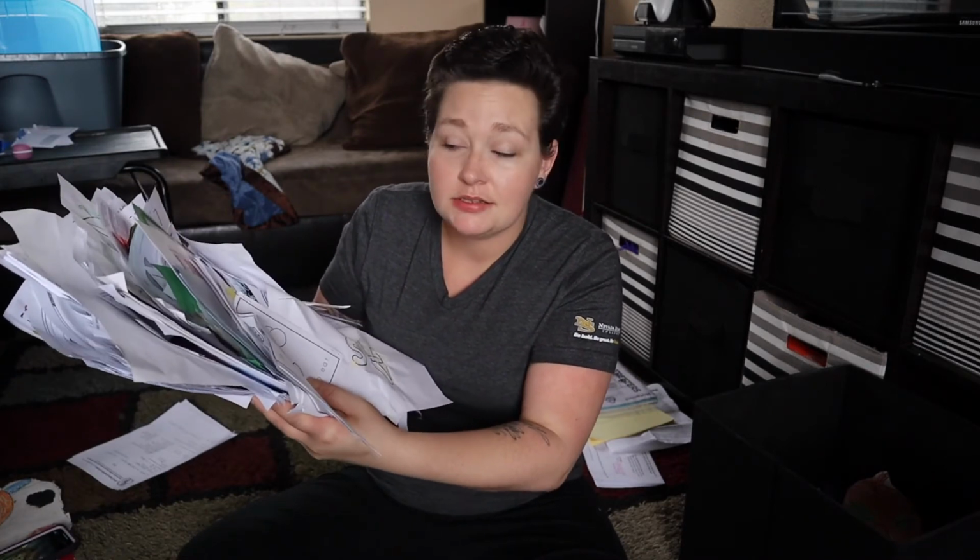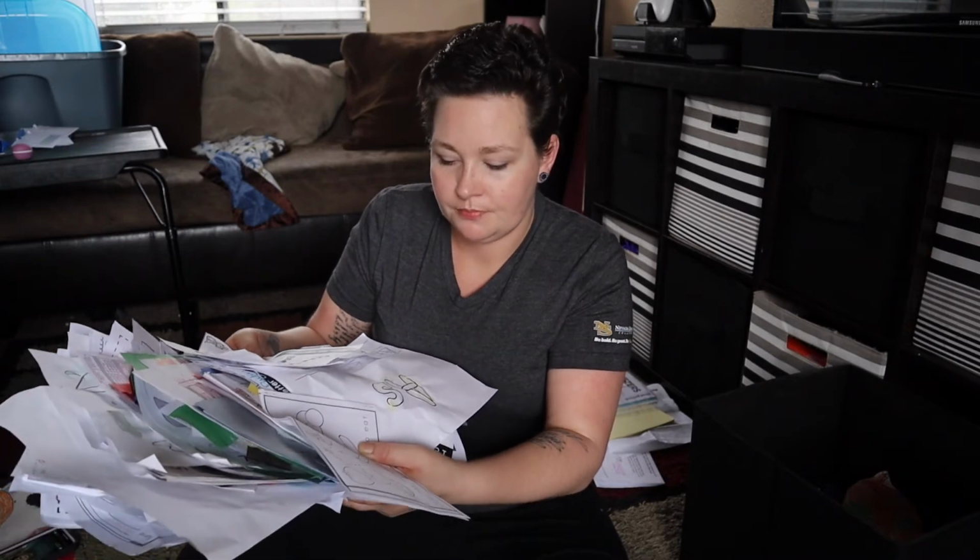Most of this is worksheets that he's done over the last few years in daycare and preschool, most of which he didn't take his time on. He really enjoys coloring and drawing now, but at the time that most of these things were made, he didn't, and he would just scribble through them just to get it over with. He didn't take his time, and so most of these things are barely even drawn on. However, I'm not going to keep them around hoping that maybe he will actually do it. So I'm going to throw these in recycling,